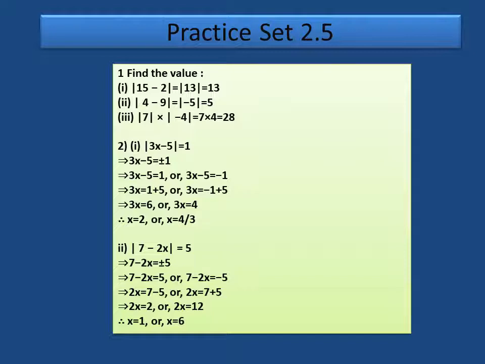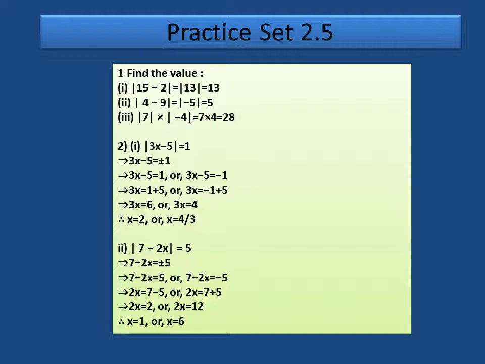But when there is a sum related with x, then it is an equation. And when we want to solve this, at that time we must remember the definition of absolute value. Here, modulus of 3x minus 5 equal to 1 is given. Meaning, when you remove the absolute sign, that 1 will be considered plus or minus. That is, 3x minus 5 equal to plus or minus 1, both answers are there. Means we will get two equations here: 3x minus 5 equal to 1 or 3x minus 5 equal to minus 1.